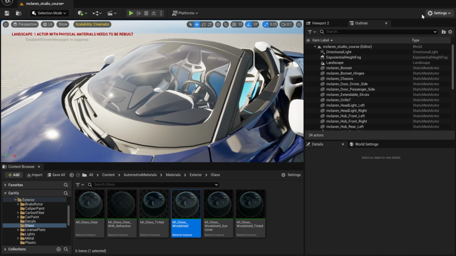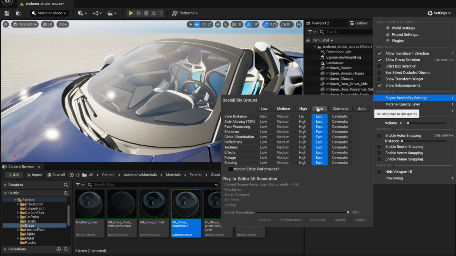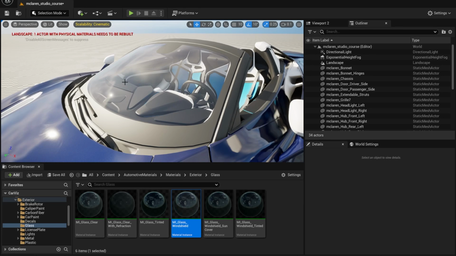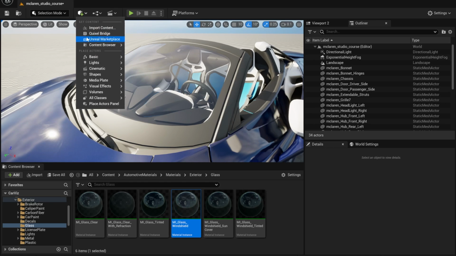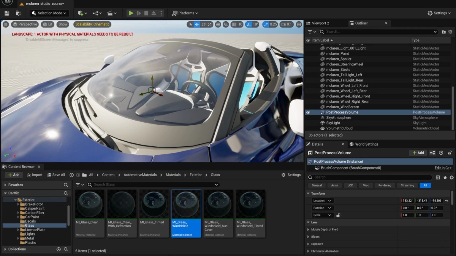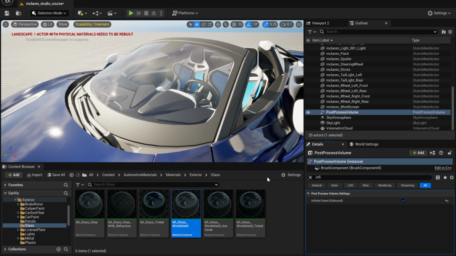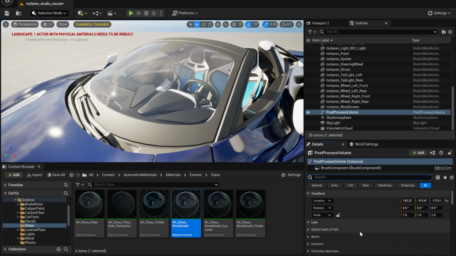The first option is go up to settings, and in the engine scalability settings, it's by default, I think, on epic. If you set that to cinematic, you're going to see a lot more detail in your windscreen. However, if you want even better results at a higher performance cost, what you can do is go to add visual effects and post-process volume, just add that in your scene. You can search for infinite extent first to make sure that it affects the whole scene. And then you can go down